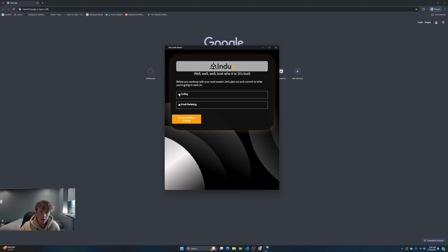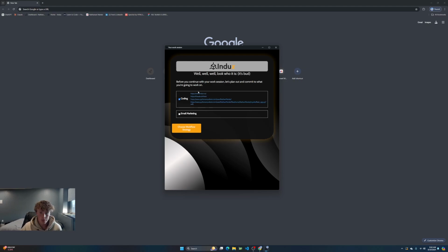customized workflows that you make. So for example, one of my workflows on here is coding, because as a programmer and a developer, I use coding a lot. So this is one of my workflows. This is the name of the workflow, coding, and then all the websites correlated with it. And then with that, you just click,